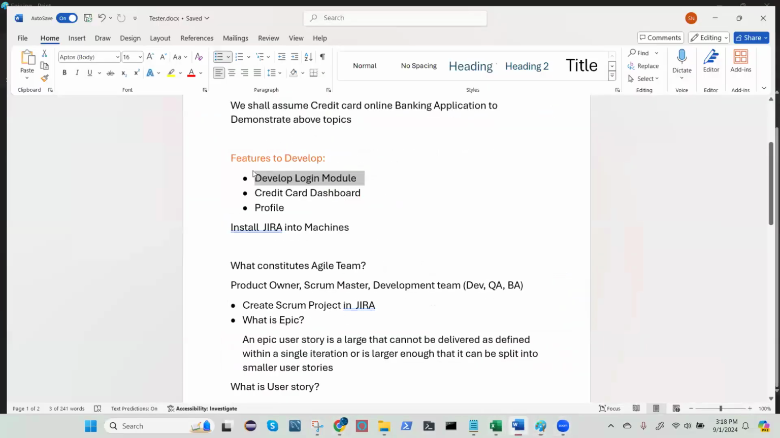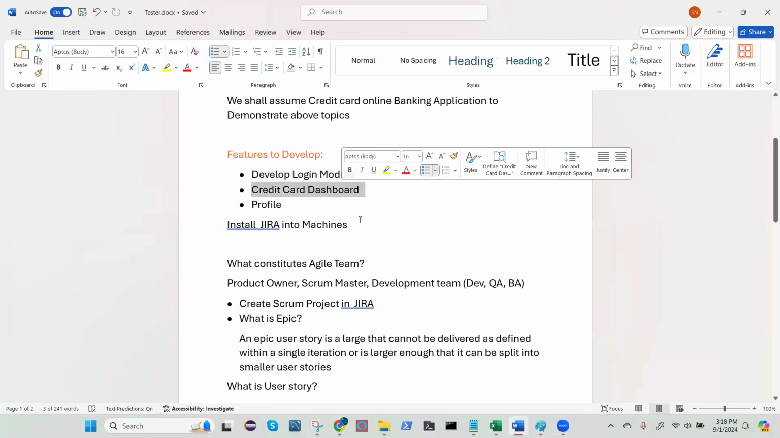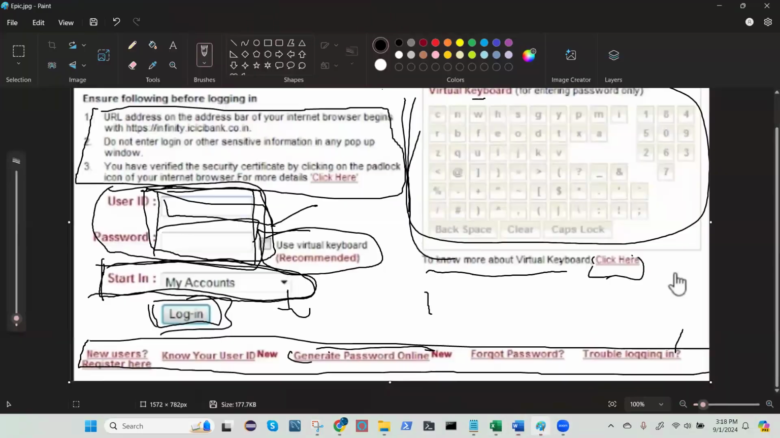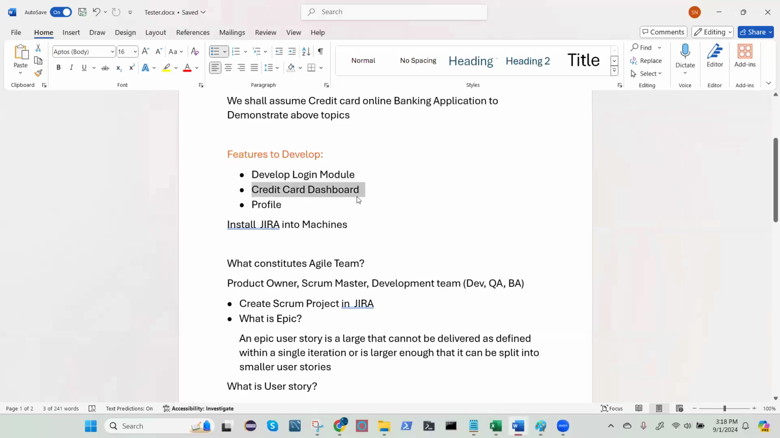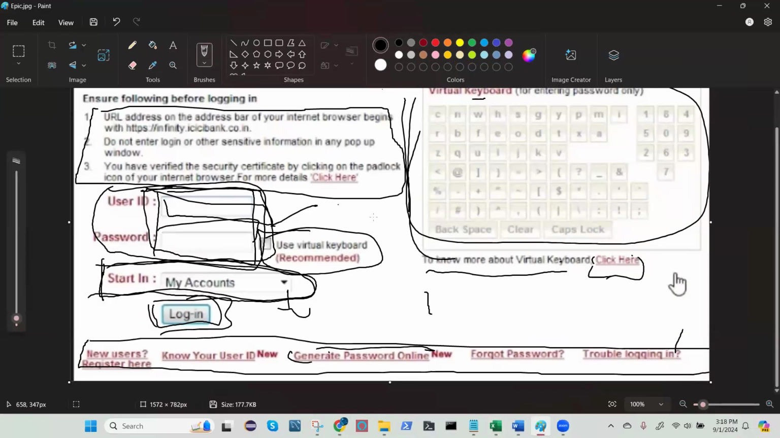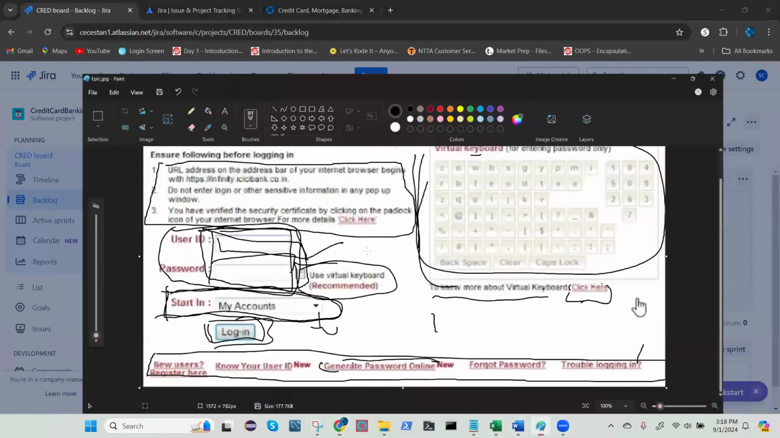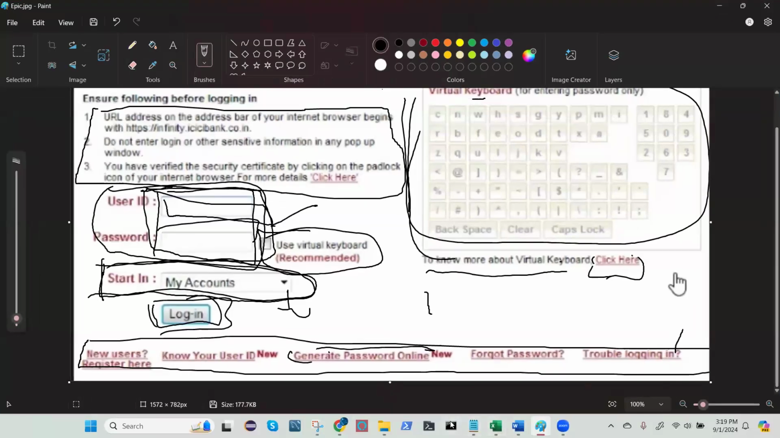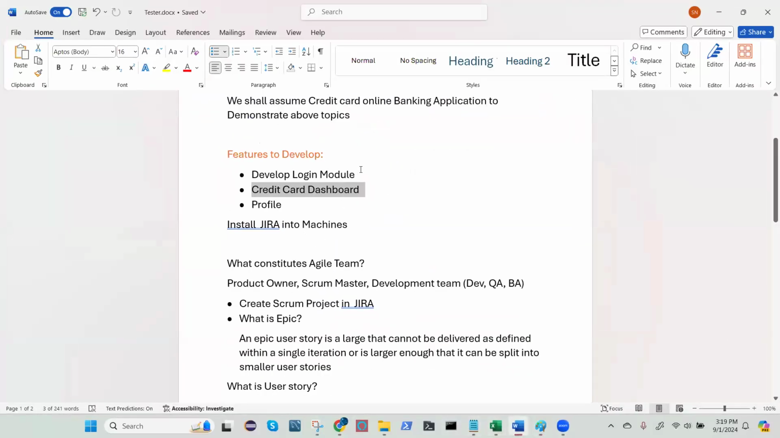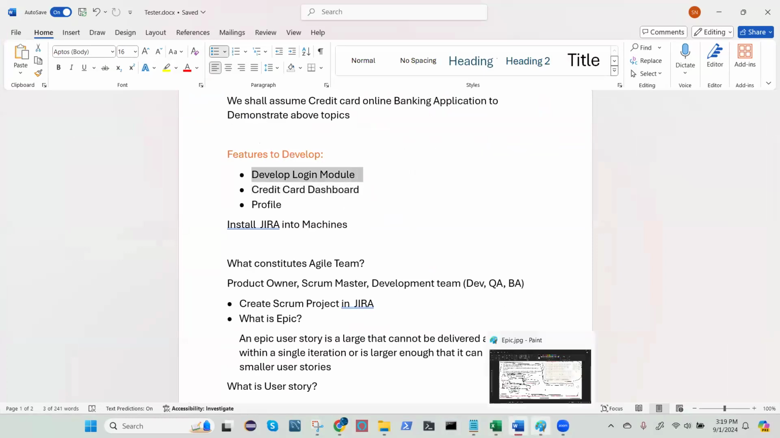Okay, you can't link this to the credit card dashboard. It doesn't make sense, because these stories are tied up to this particular epic we have here. So that's what this